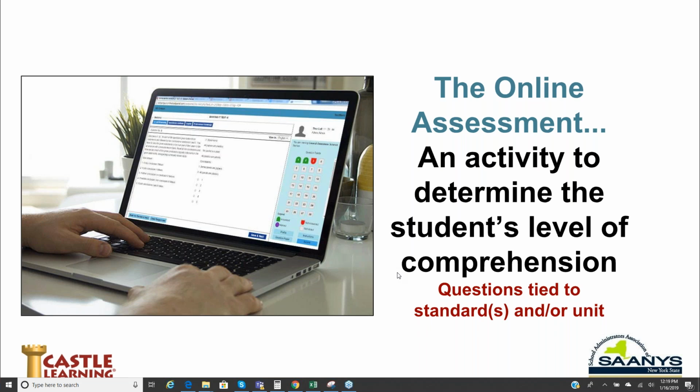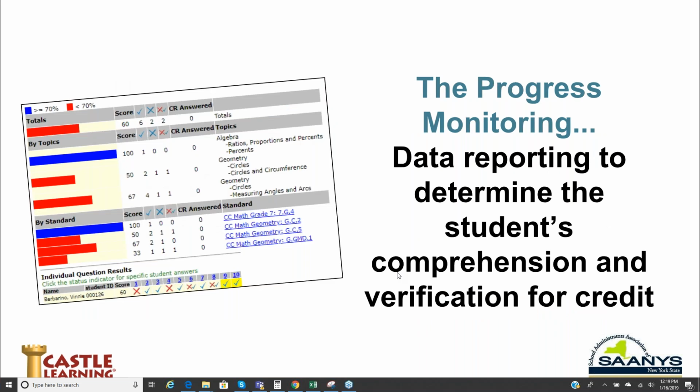Okay, so we've got the instruction that we've talked about. We've now got a student participating in some type of benchmark or an assessment. From there, we're going to get some data back instantly to that educator, the teacher and or administrator, to be able to monitor that student's progress from a home-based instruction setting. In this case, the data is going to play a key role in knowing that we can keep that student on pace, and it's something that we do in our tool, and I'm sure other resources do it. So I think that's something you need to look at when you're evaluating the resource for home instruction: take a look at how that reporting might look.